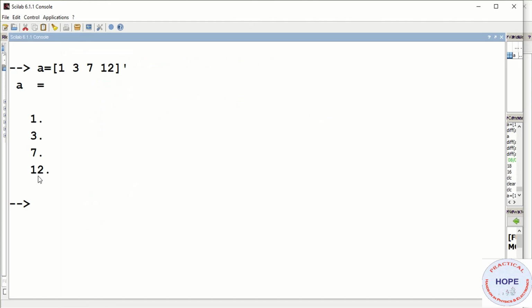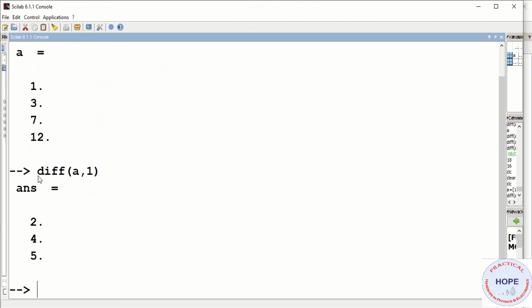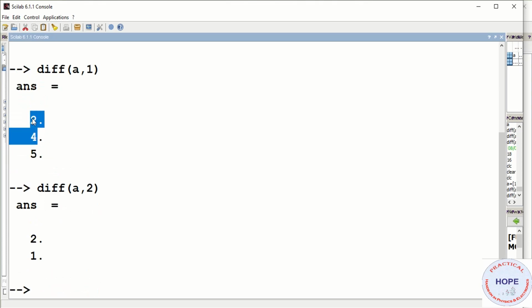Now if we calculate diff(a, 1), let's see what we'll get. 2, 4, 5, that is 3 minus 1, 2, 7 minus 3, 4, and finally 12 minus 7, 5. So we are getting delta y. Similarly, if we write 2, then 4 minus 2 is 2 and 5 minus 4 is 1, we get delta 2y.